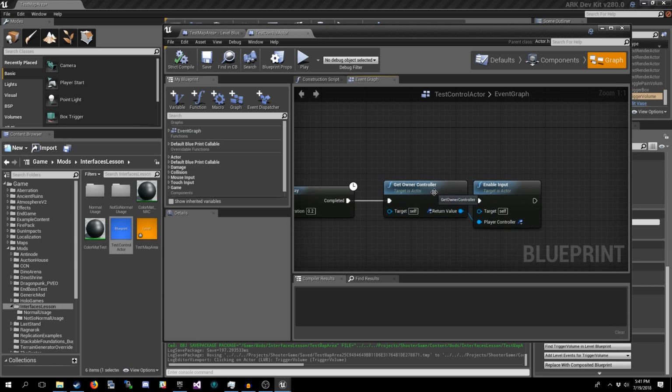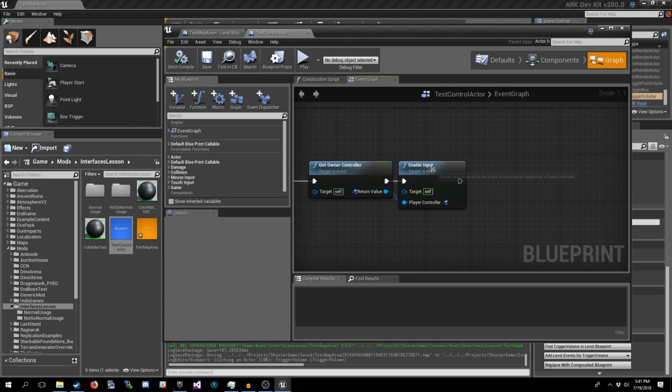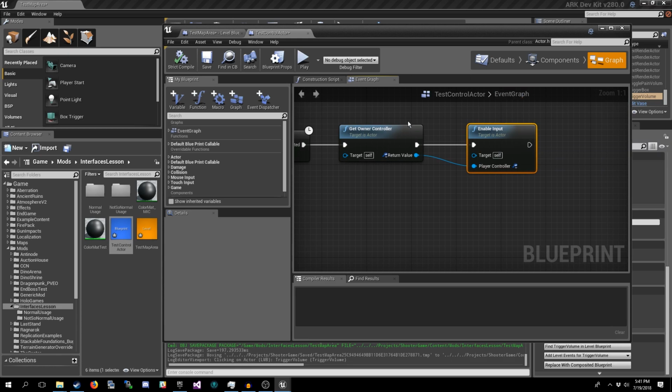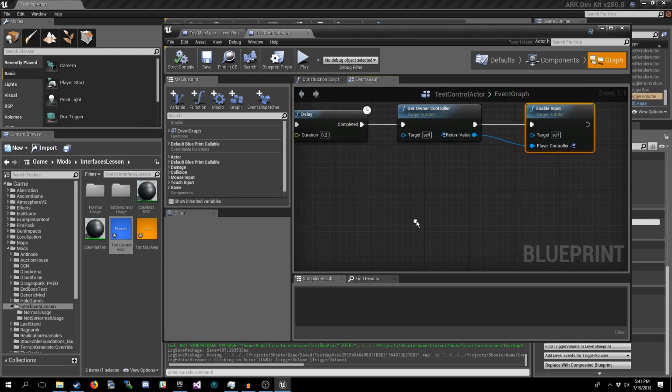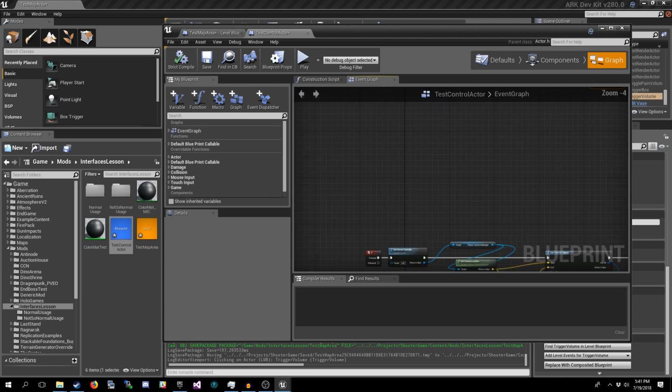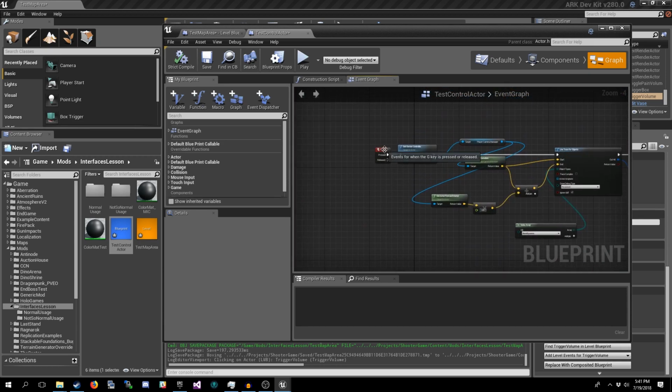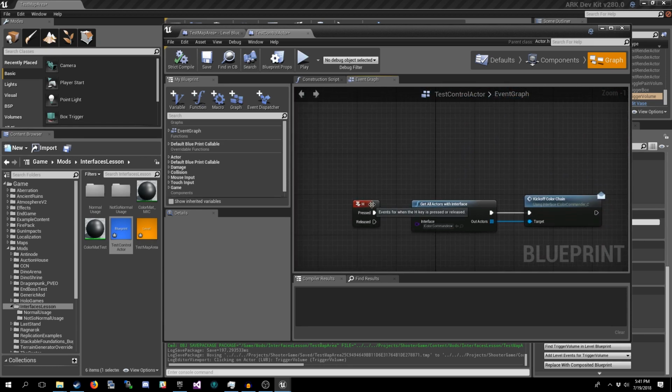I get the owning player controller for this actor instance, and then I enable input on it. And what this does is this enable input puts this actor at the top of the input stack. That allows for us to capture key input. I've got it set up for G and H.